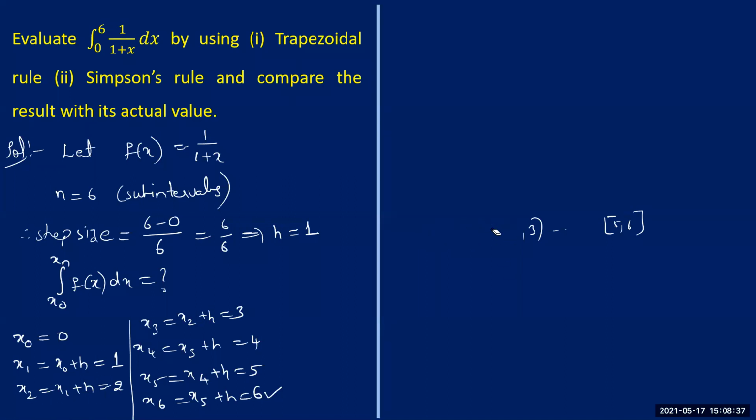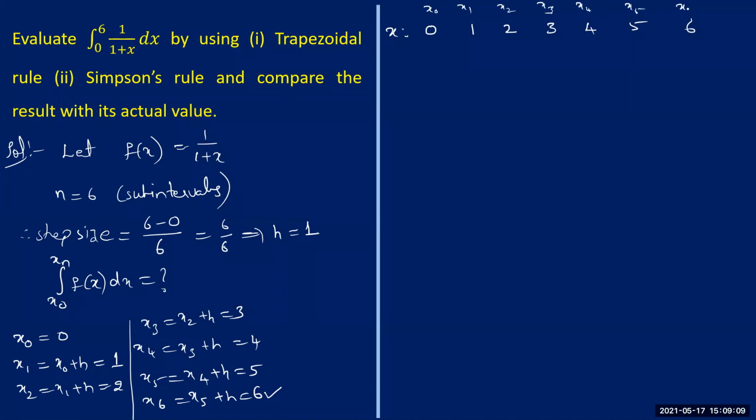Then see, now at each of these data points, we need to calculate the function values, right? So for that, I'm just writing it like this. You see, I'm just writing all the data points here, one after the other. The first data point is 0, 1, 2, 3, 4, 5, and 6. As we have already considered, this is x0, this is x1, x2, x3. Then this is x4.